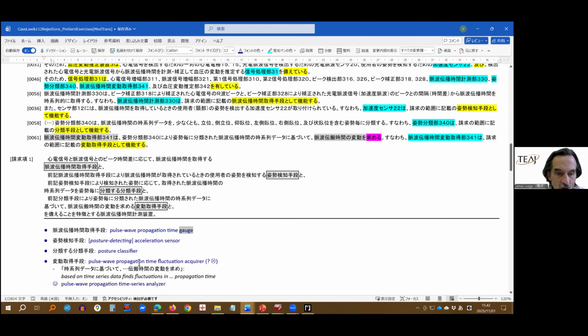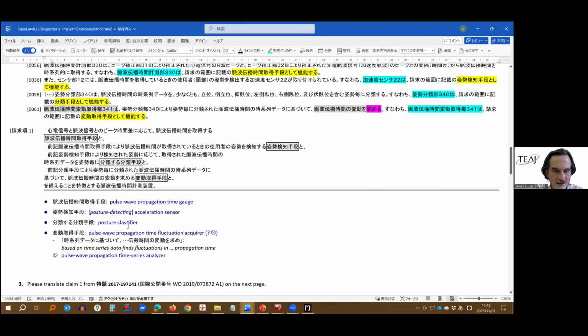Acceleration. Oh, for this Shisei, what is it? Shisei Kenji. Well, we already have acceleration sensors, so that's fine. I just added the adjectival modifier there, the participle. Classifier, that's just adding ER. I don't think this is going to be successful as a way to avoid means plus function. Then for this one, I did a literal translation, and to me, that's again this ER acquirer. It's not going to work.